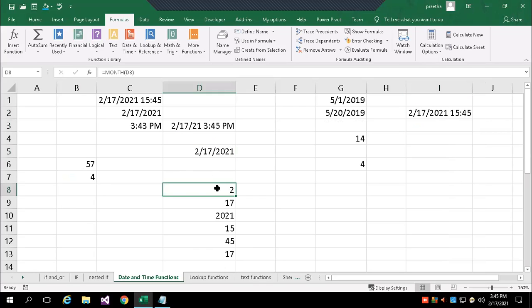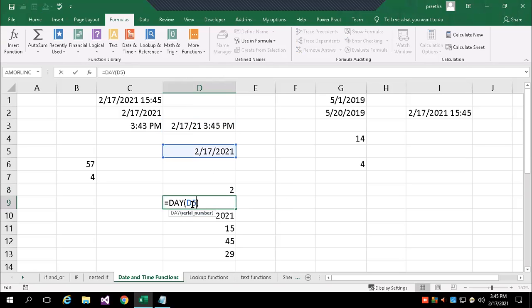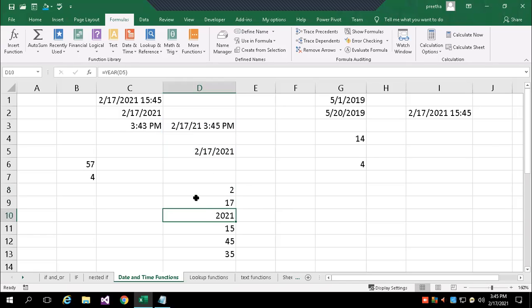Like this, I wanted to get only the month from this. So from this date, the month is 2. From this date, I wanted to get only the day. So 17th, I'm extracting only the day. I can extract only the year. So from the date, you can extract only the month, day, year, hour, minutes or seconds separately.